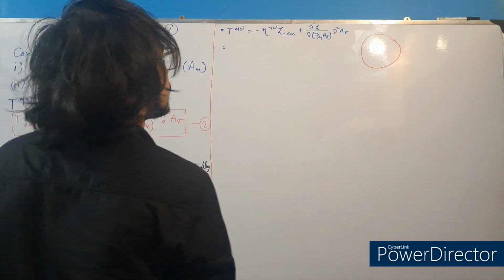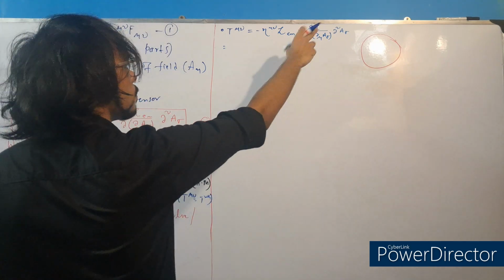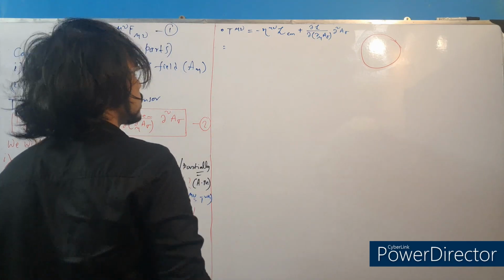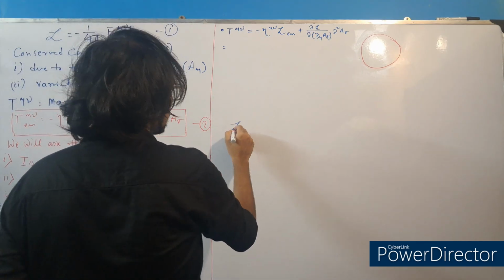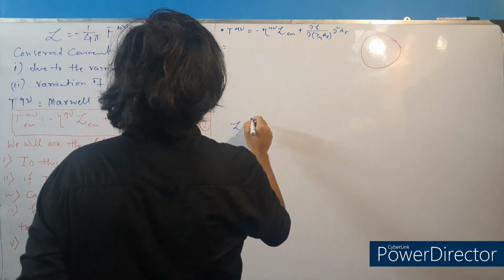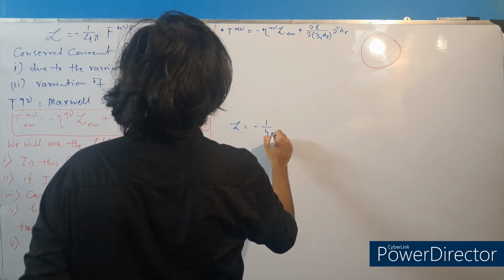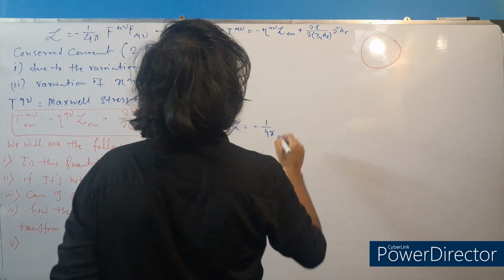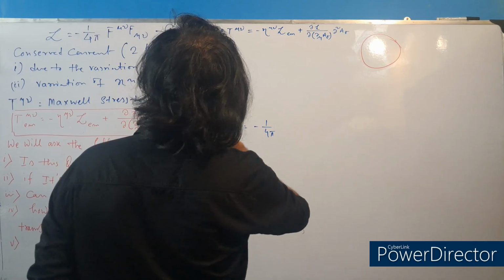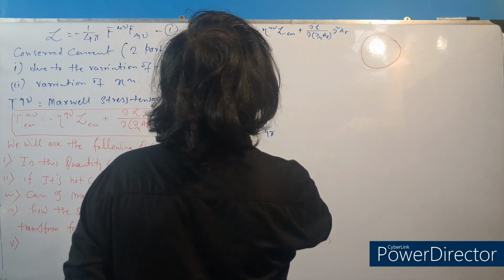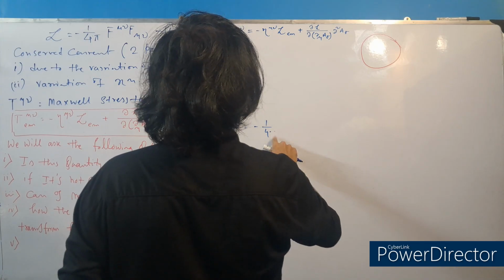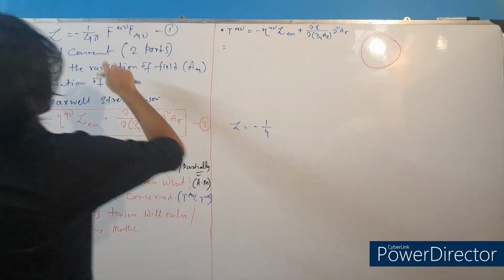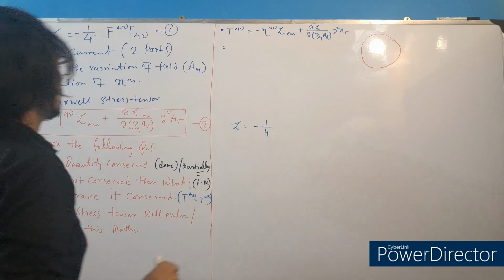The first change is that we will perform this explicit calculation. So our L is basically minus 1 by 4. I don't think I have a pi here because we are not in the Lorentz-Heaviside system, so this is just a normal 4. Okay, I'm extremely sorry, this is a normal 4. Minus 1 by 4